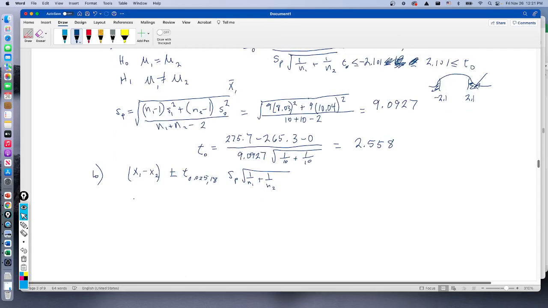Just to list all this out, it's 275.7 minus 265.3, and then we're going to subtract off 2.101 times 9.09, that we got up here, you can go to more digits if you'd like to get a little bit more accurate, times the square root of 1 over 10 plus 1 over 10. That's got to be the lower bound, and what that's telling us is the difference in the mean